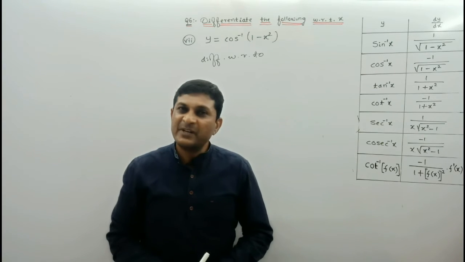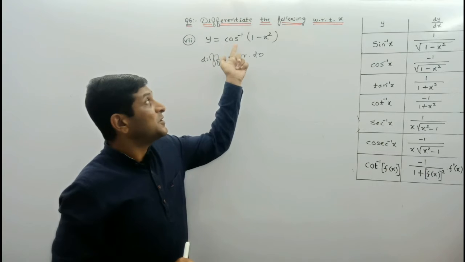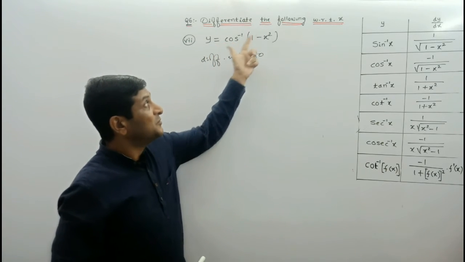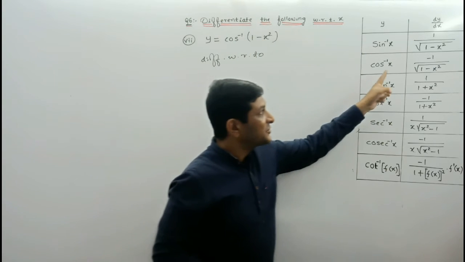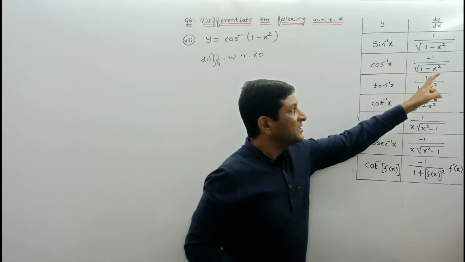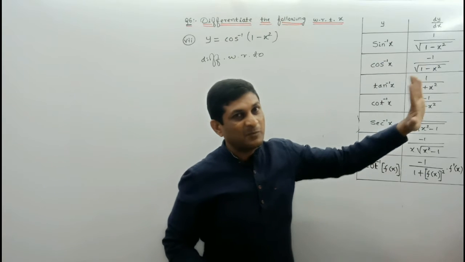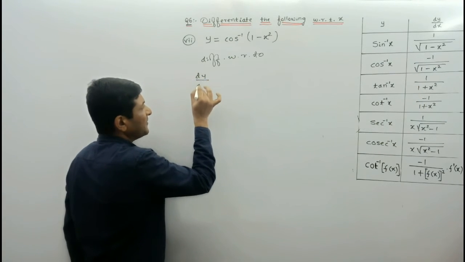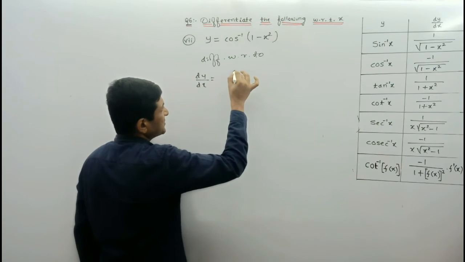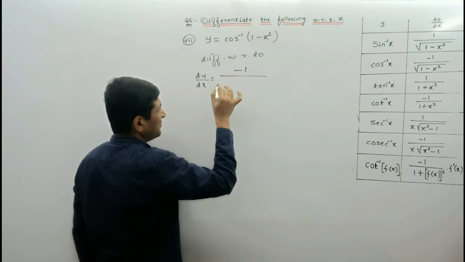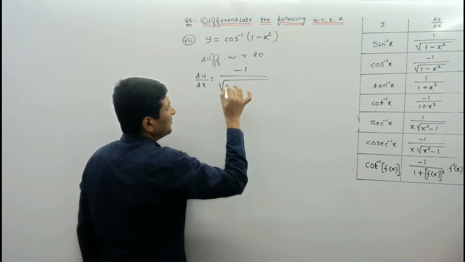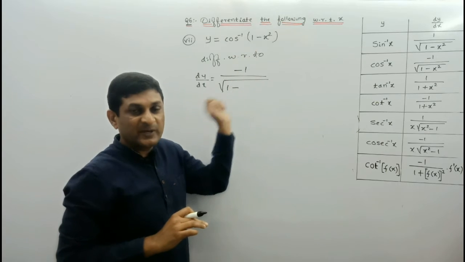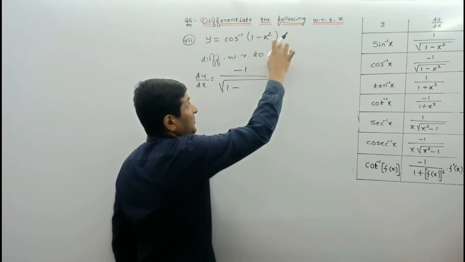Now see, in example number 7, the given function is y is equal to cos inverse of 1 minus x square, which means it is in the form of cos inverse of f of x. So on this side also, replace x by f of x and multiply by its derivative. According to our standard formula, the derivative is minus 1 upon under root 1 minus square of x, but x is replaced by f of x, so here also x will get replaced by f of x. And what is f of x here?